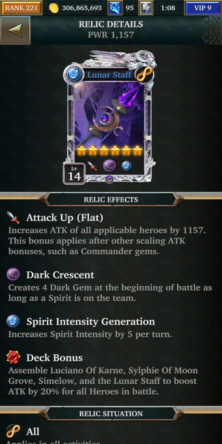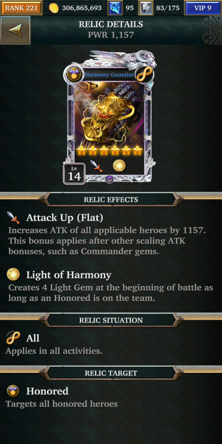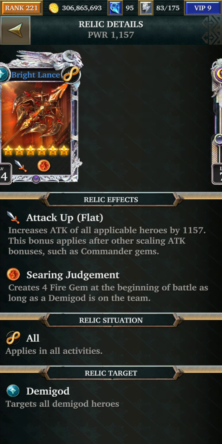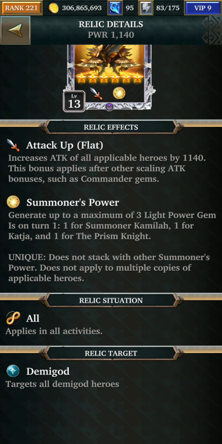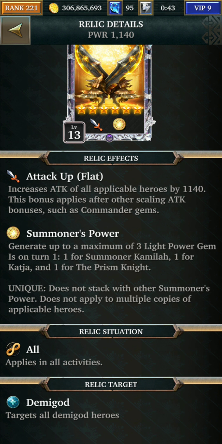Oh, you do have the lunar staff. 2 of them. Okay, cool. Fire Fable, this will work with your pigs. Oh, I didn't see any pigs, so you have been out for a while. Light Honored Fire Demigod. Does not, unique, does not stack. Oh, good. Thanks for pointing that out in capital letters. Maximum of 3 gems on turn 1 for...